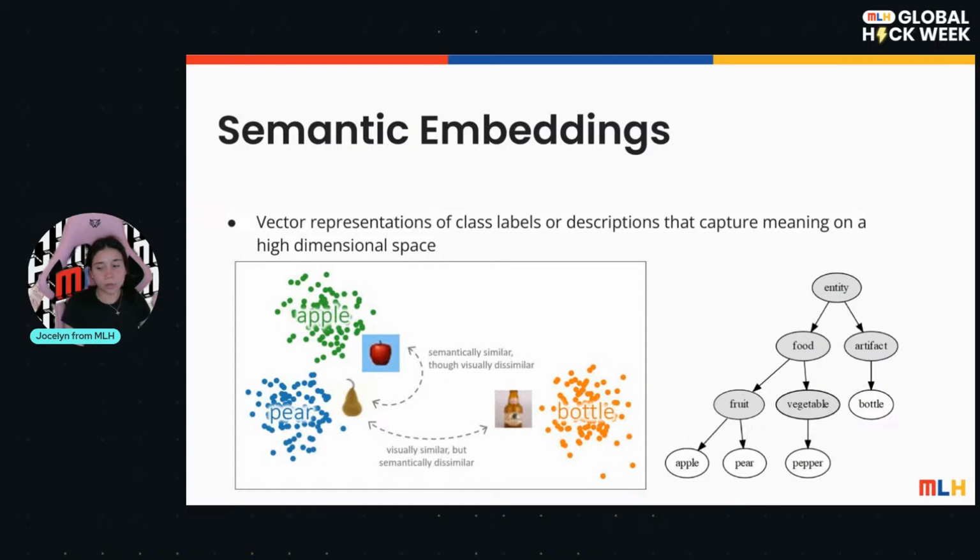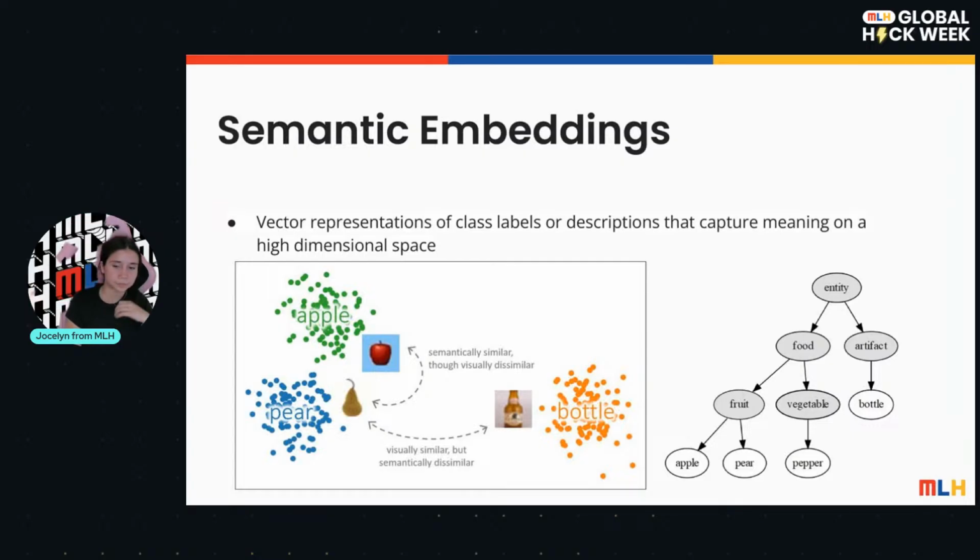So they might be in the same category, but they look different, so they're not the same. And then the bottle is all the way on the other end because the bottle has nothing to do with the pear. I mean, it looks similar, but